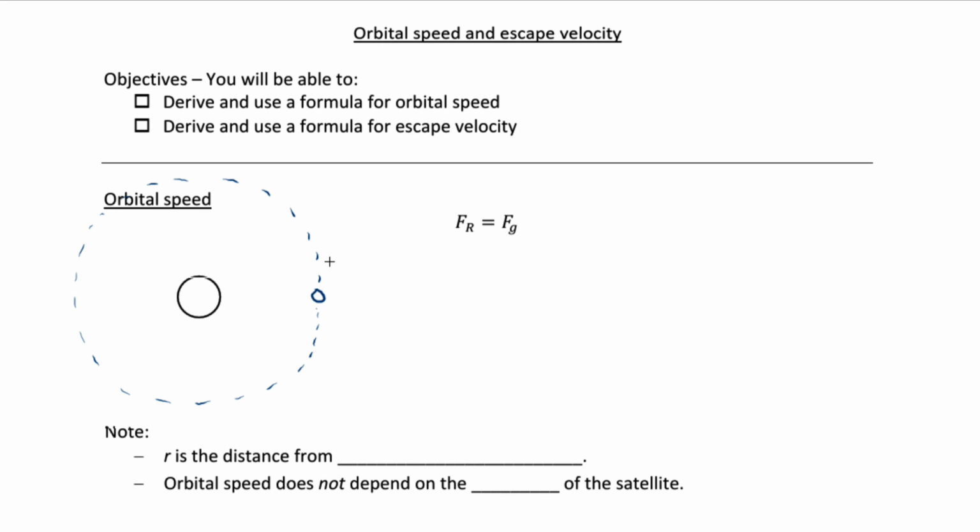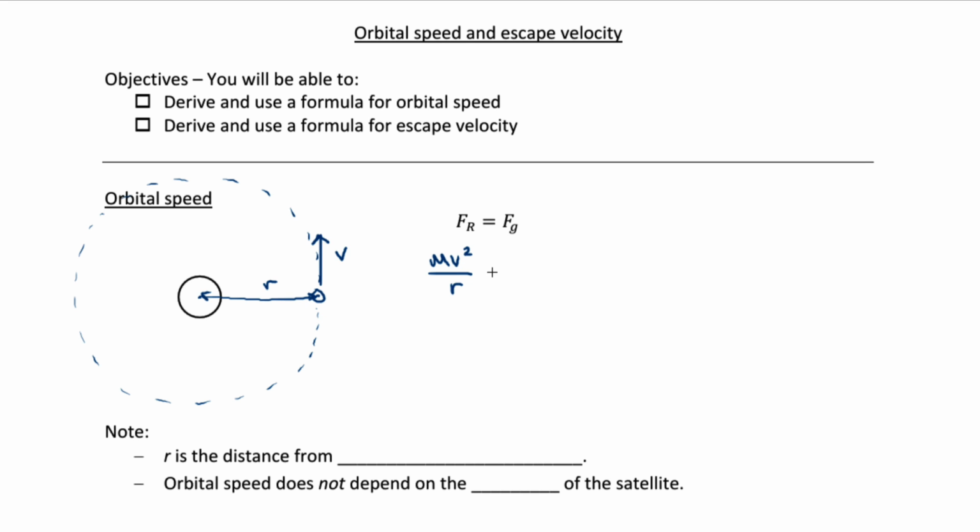So here's our satellite moving in a circular orbit, and it has a tangential speed of v. We're going to call the center-to-center distance from the center of the planet to the center of the satellite r. And we know from our study of circular motion, in order to move at tangential speed v at this distance r, we need a centripetal force, which I'm going to call F sub r for radius, equal to mv squared over r, where v is the tangential speed, r is this distance from center to center, and m is the